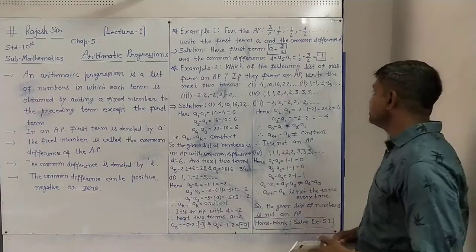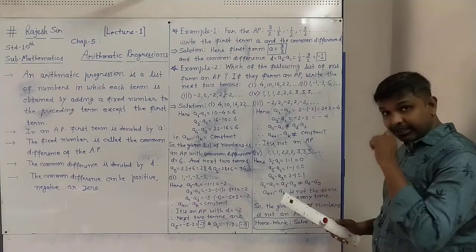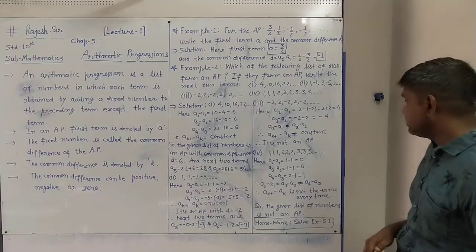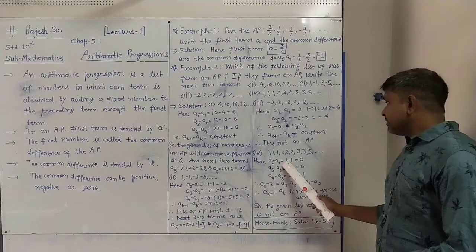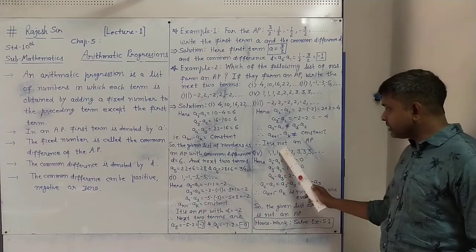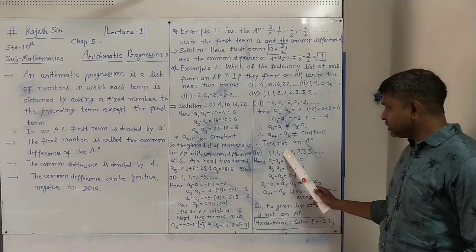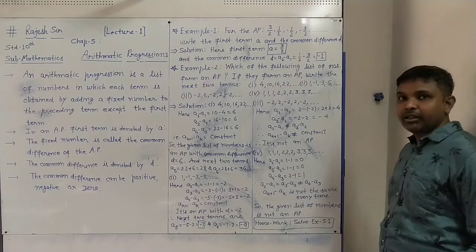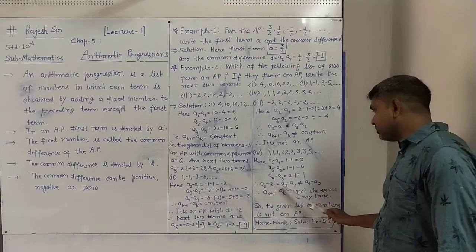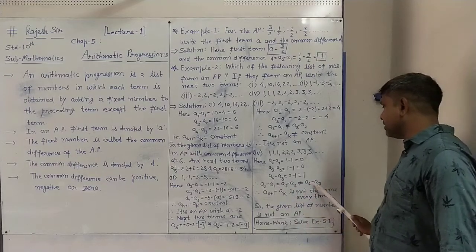The fourth list of numbers is 1, 1, 1, 2, 2, 2, 3, 3, 3 and so on. Here also we will check whether all the differences are the same or not, to verify whether it is an AP or not. The first difference A2 minus A1 is 1 minus 1 equal to 0. The second difference A3 minus A2, third term minus second term, is also 1 minus 1, 0. A4 minus A3, fourth term minus third term, is 2 minus 1 equal to 1. Here the differences are not the same: A2 minus A1 is equal to A3 minus A2, but not equal to A4 minus A3, because in these two we are getting 0 and here we are getting 1.